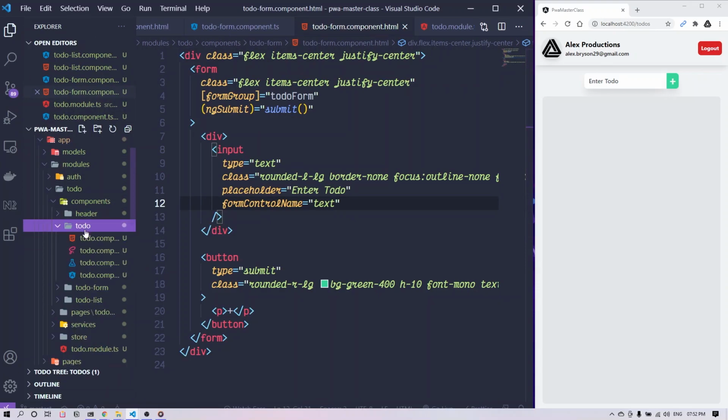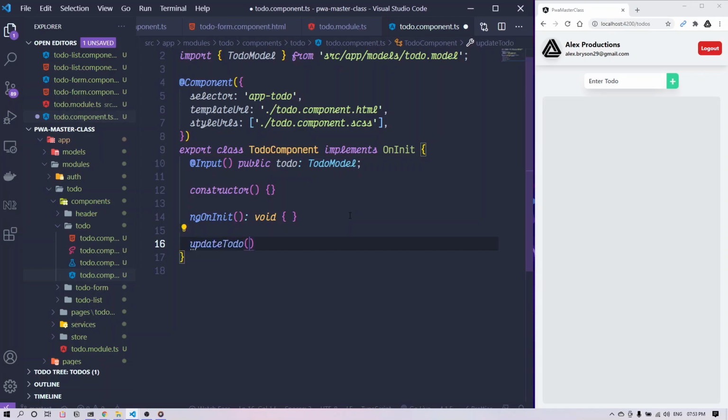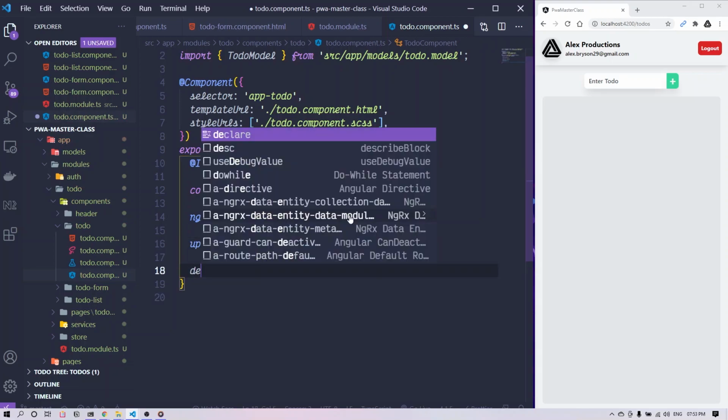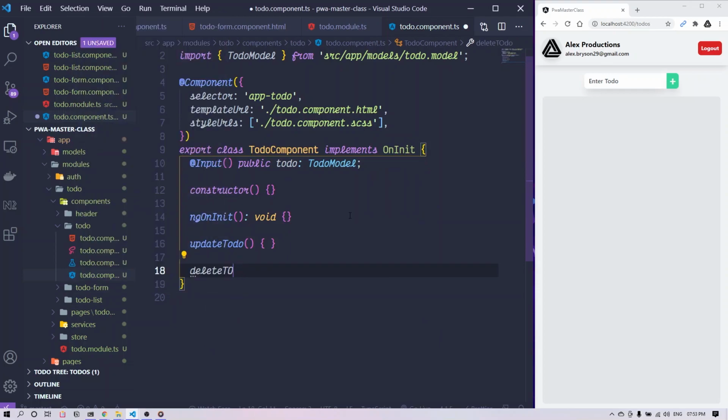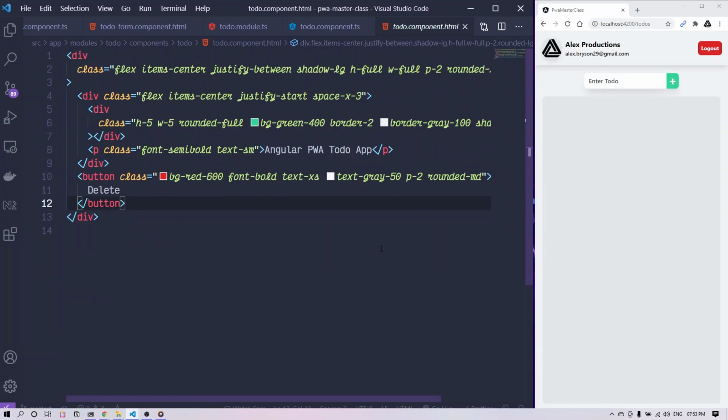After that, we'll go to the to-do component, and in the to-do component ts file, we'll add two methods here, update to-do and delete to-do, to dispatch the update action and the delete action. And let's go to the to-do.html file, and we will apply the text, removing the Angular PWA to-do app, and bind the to-do.text property,